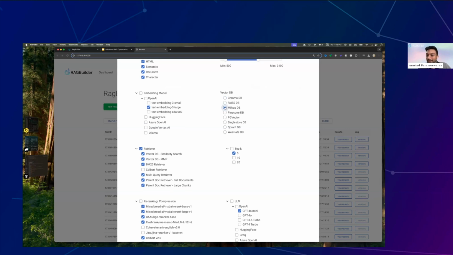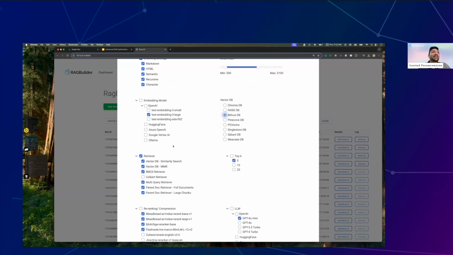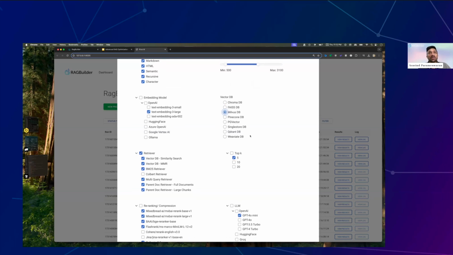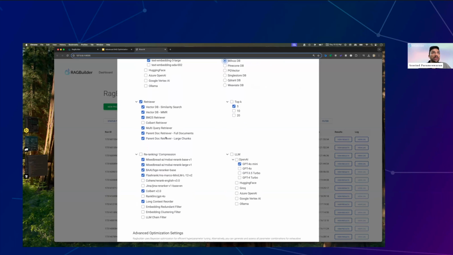Yeah, let's select Milvus. We support a bunch of different vector databases, but obviously Milvus is pretty good. It supports a bunch of retrievers. So we spoke about a bunch of different